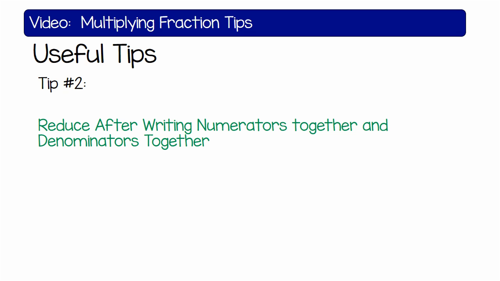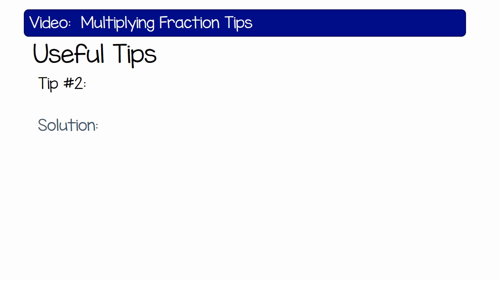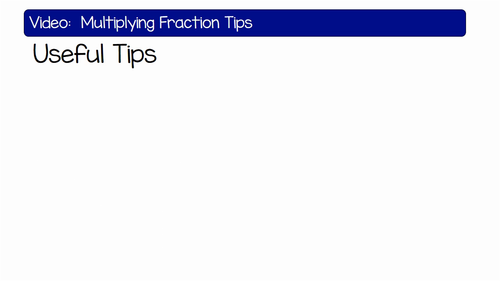Tip number 2, reduce after writing numerators together and denominators together. Here is an example. Simplify the expression 9 over 12 times 4 over 15. Now, if we look at this situation, we would see that 9 times 4 over 12 times 15 would give us,